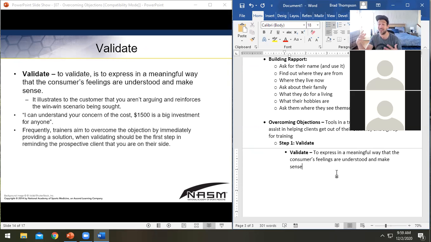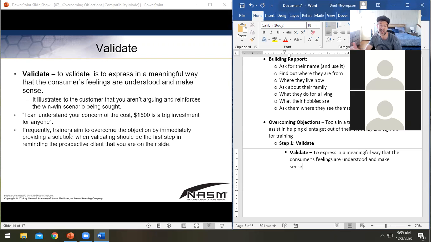And that's totally how people feel, right? People don't want to be argued with. They want to be agreed with. So a lot of times somebody will say, well, it's a big financial commitment. And a lot of trainers will jump straight to, well, that's okay. We're running a sale right now. Right? And that's not really validating their concerns. They still feel like you are just saying that to argue with them.